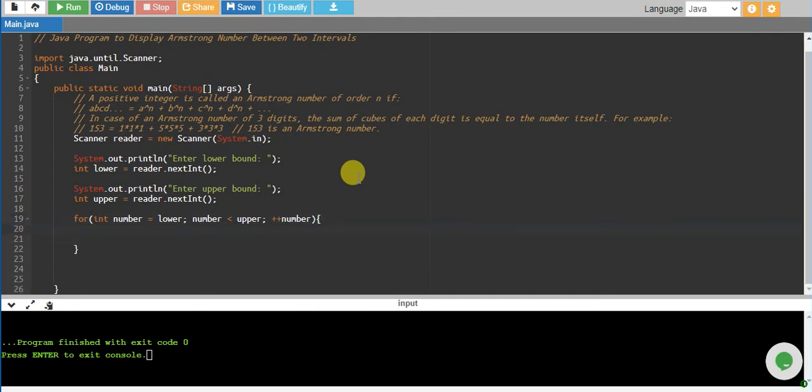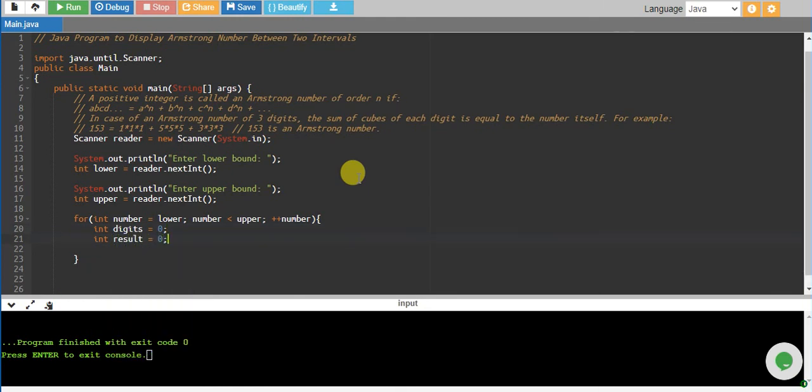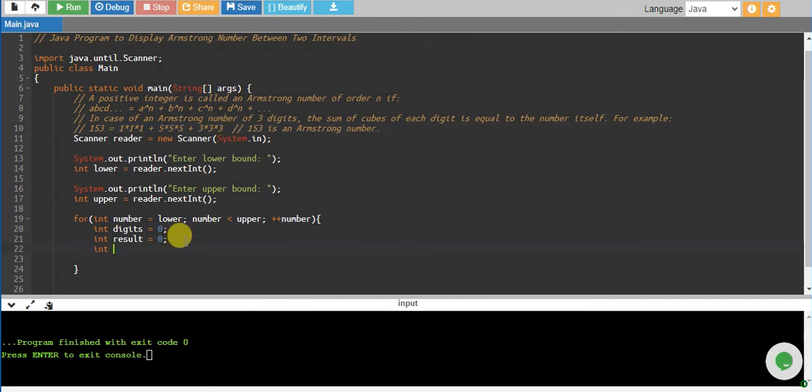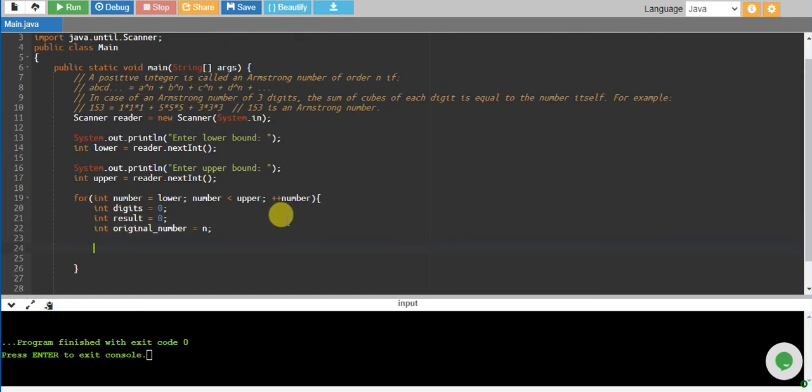And we'll need to create three variables right over here: integer digits, which will be our order, the number of digits in a number, and another variable result, which will store the calculation of the sum of all these powers. And we will need, let's say, original number, because we don't want to mess with our iterator number.